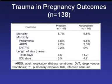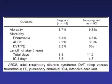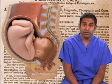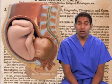In a study by Shaw, looking at pregnant patients with matched non-pregnant patients, notice the mortality is equivocal. Pneumonia is also equivocal. Total days and ICU days are also equivocal. Therefore, pregnant patients do not have a worse outcome. Of note, notice how rare it is to have fetal loss. Even under the one circumstance of having fetal loss, both the fetal heart rate and uterine activity were judged to be normal. Therefore, pregnant patients that are treated well and appropriately actually have